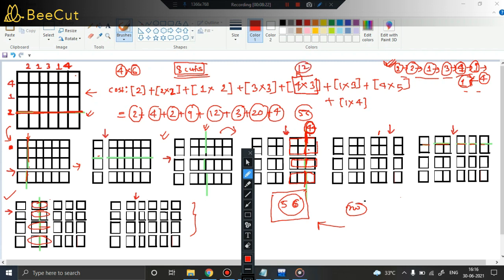Okay. So one solution is, what if we would have used this particular edge? What if we would have cut along this edge initially, in the beginning itself? Suppose in the beginning, instead of cutting along the edge 2, I cut along the edge 4. How many times do you think I have to include 4? Only once. So compare this cost 4 with this cost 4 three times.